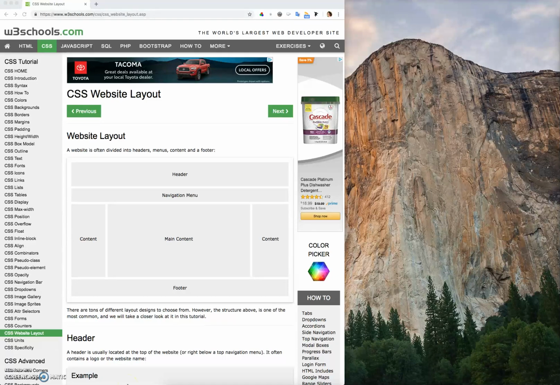We're going to go ahead and create a very basic wireframe using AxureRP, and we'll be using this website layout that is available on w3schools.com, located in the CSS section. If you go all the way down, there's a CSS website layout link, and that should bring you right here. So go ahead and bring this up on your browser. And once you've done that, go to AxureRP